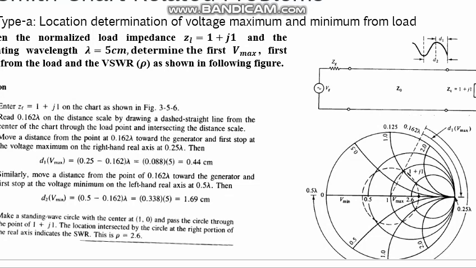So that is the thing. Now if you want to find out the V maximum, how did you calculate it? In that point, there is a scale, that is 0.25 is written, and when we draw the straight line between these two, we get a point of 0.162.